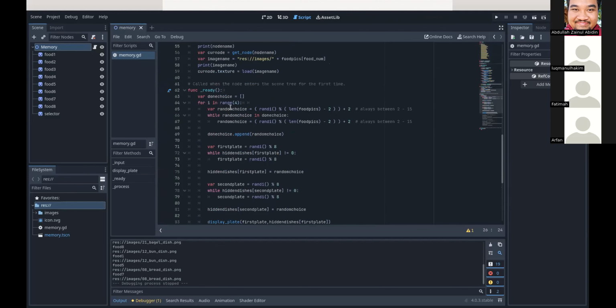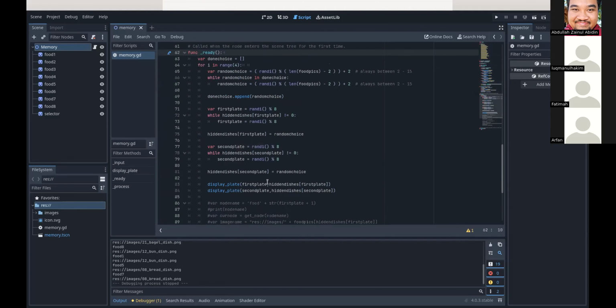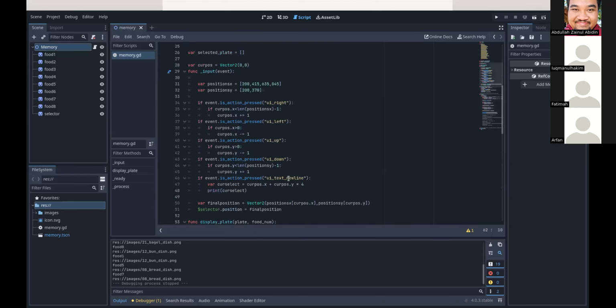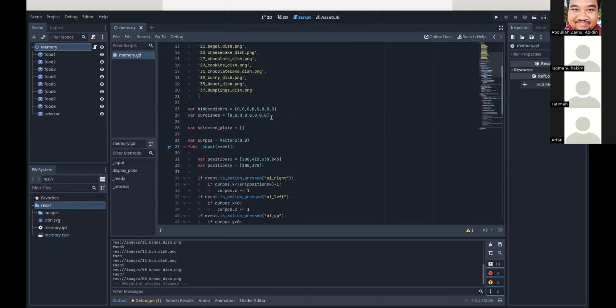Okay, so when our function is ready, over here we display the food. We display the plate. So this one actually we don't have to do. We don't have to display the hidden dishes. Okay, what we're going to display is